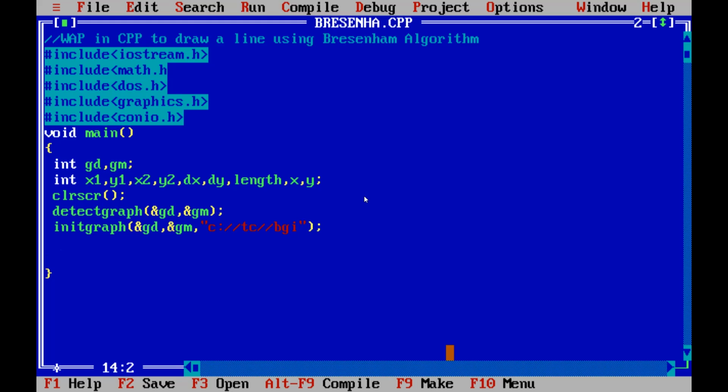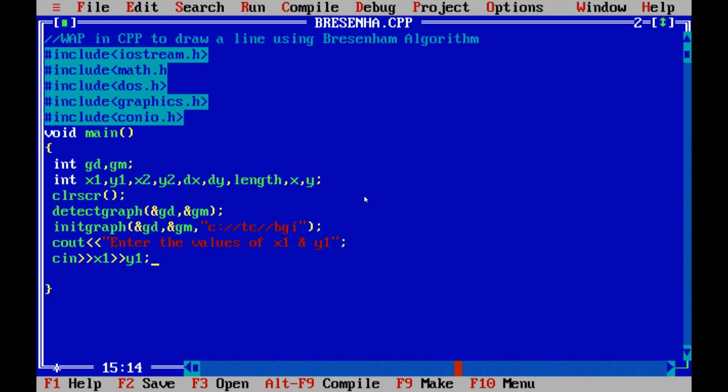First we have to take input values from the keyboard, that is x1, y1 and x2, y2. For this we write the print statement, cout, enter the values of x1 and y1. Then we take cin x1 for entering a value from the keyboard, and y1.